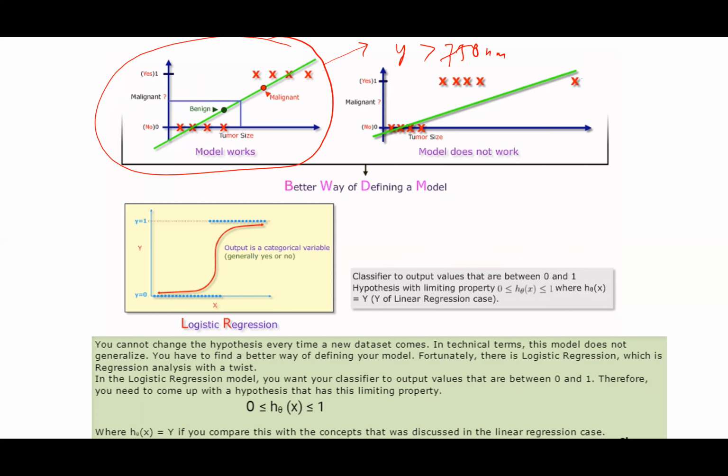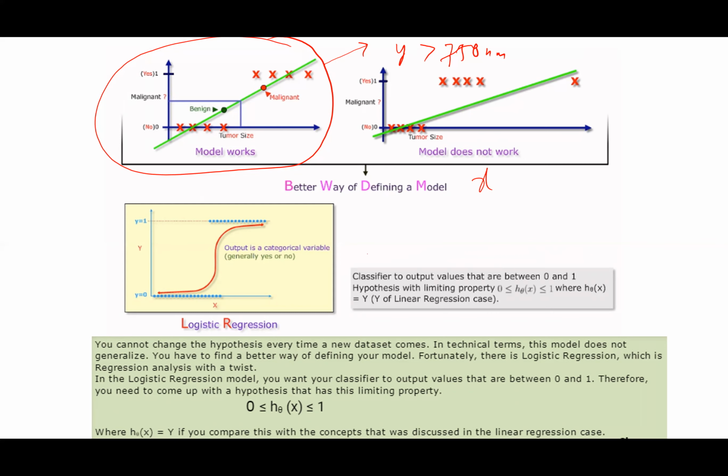But if my data has some discrepancies, because we do not know how real-world data is generated, and my data looks like this, then at some point my linear regression model will start to fail. So what we want instead is a continuous curve, where for all the values of x, my y always lies between 0 and 1. Then I can confidently say that none of the cases are being left out, right?